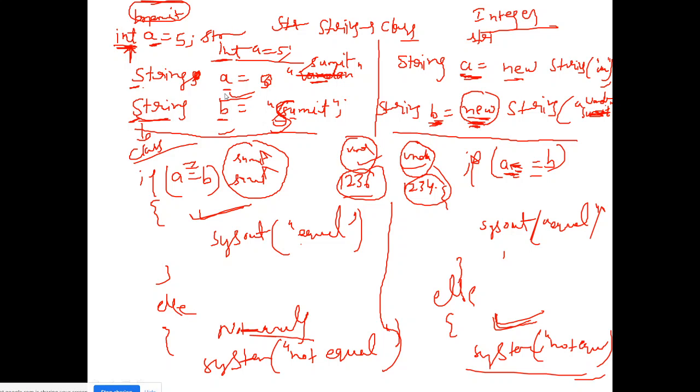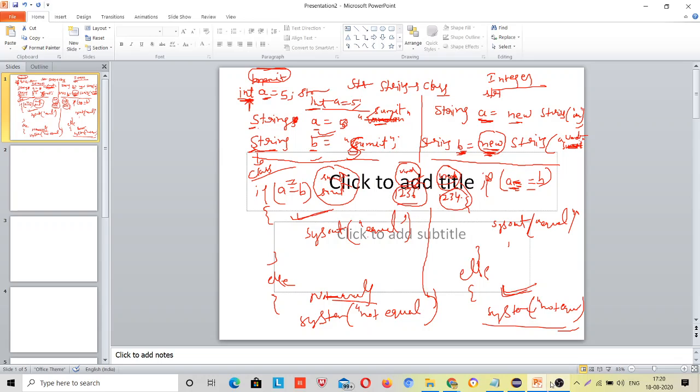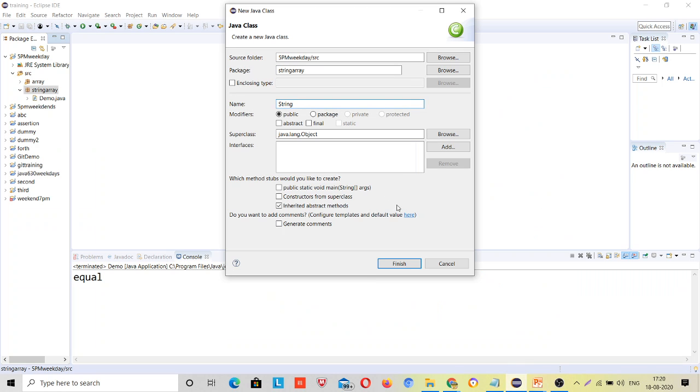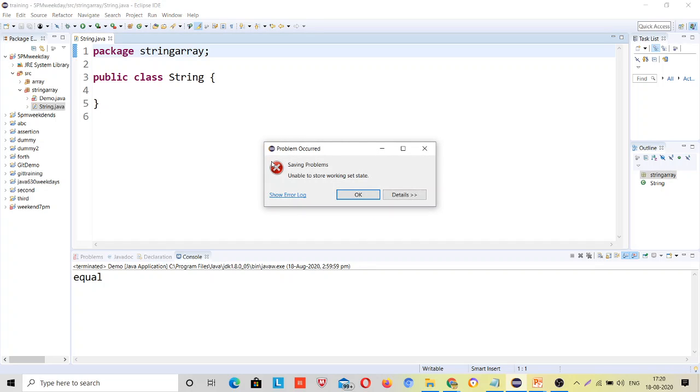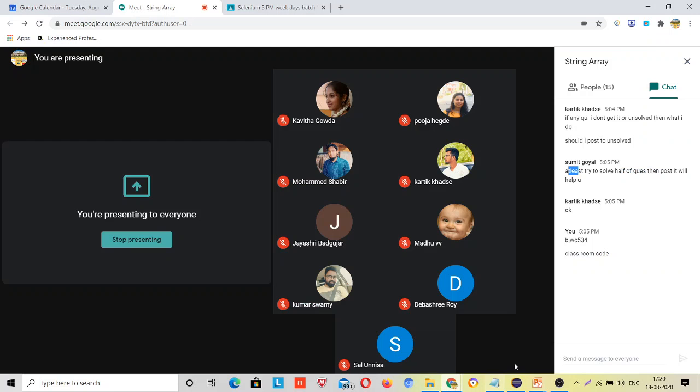But here we have the same string, inside the same string we have two Sumit variables, and that will be matched, right? These values also can be matched, but how to do it, I will cover when I cover that dot equals part, right? So double equals to always compares the references, right? But for primitive types the rules are different, so don't ask that if int A is equal to 5, int B is equal to 6, why they don't compare, because int is a primitive type, not a class.